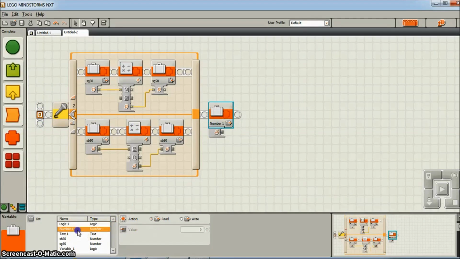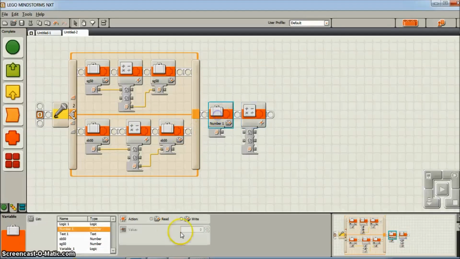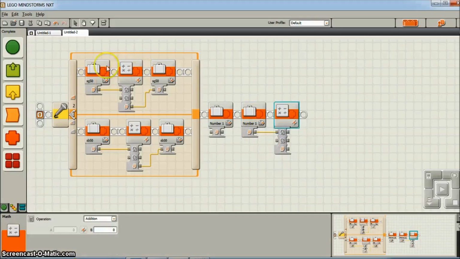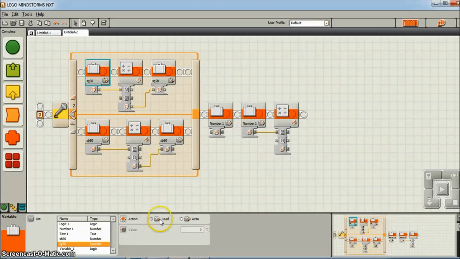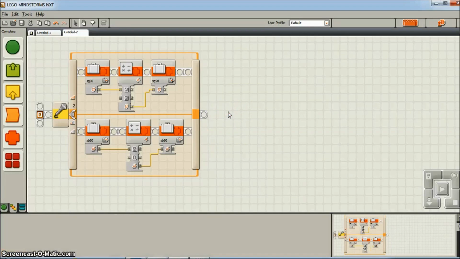So if you have a number variable and you want to give it to a math block, and you write a value, say 56, you again need to read the same variable, and then you can put it into the math block. That is why over here I have read the variable directly, because we wanted 0. If you directly write the variable and put it into the math block, it will not work.